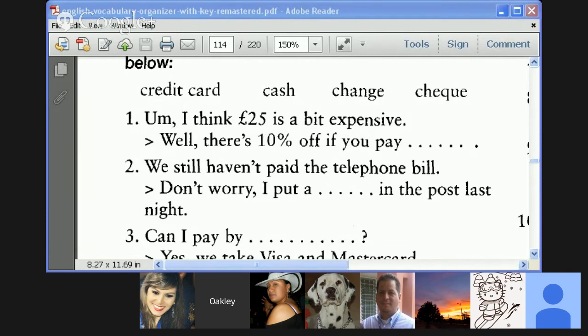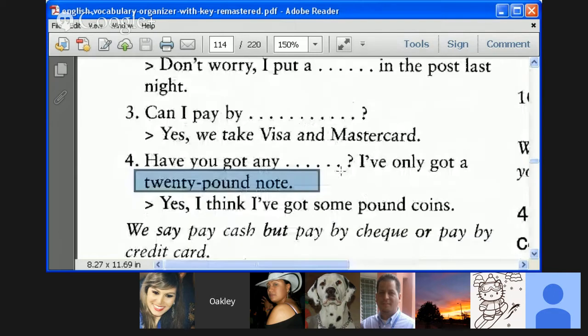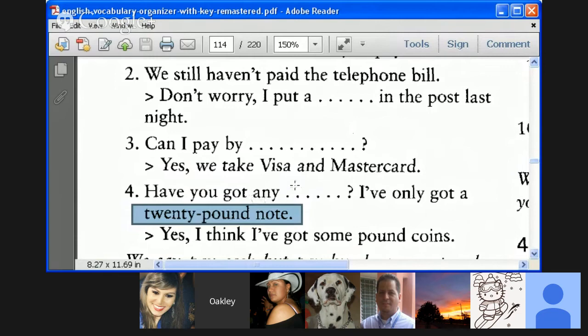Some check? No, it's exactly what we were just talking about. What I just mentioned. If you want, for example, I need a 25-cent coin to buy juice in a machine. I can't buy it with a 20-pound note. I need to get change. Okay? Have you got any change? All right.